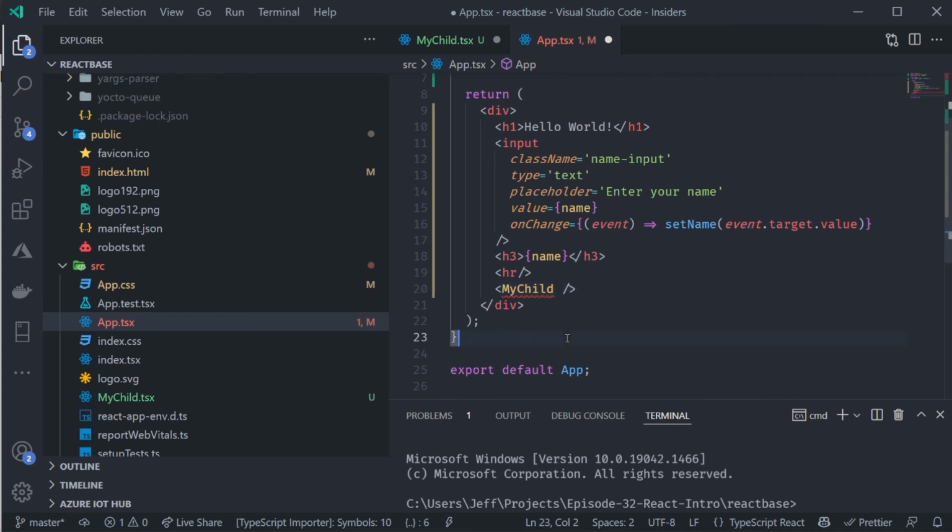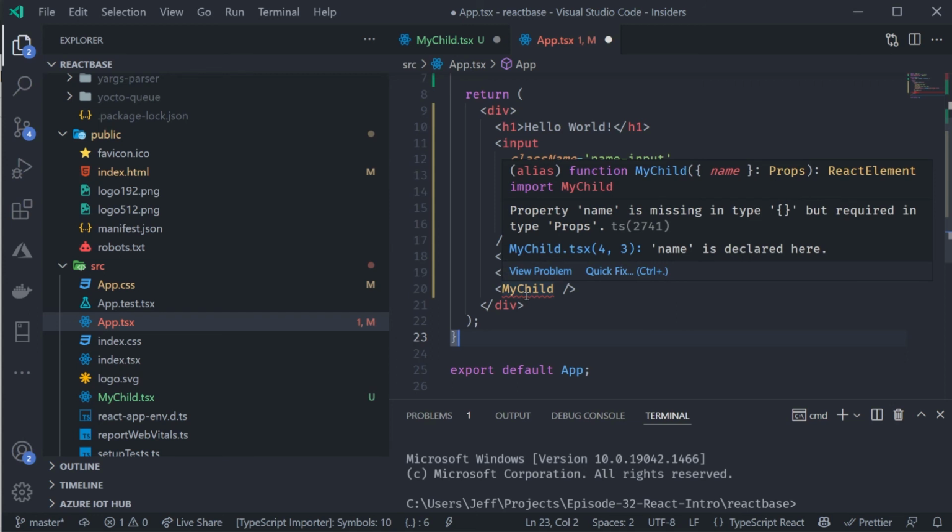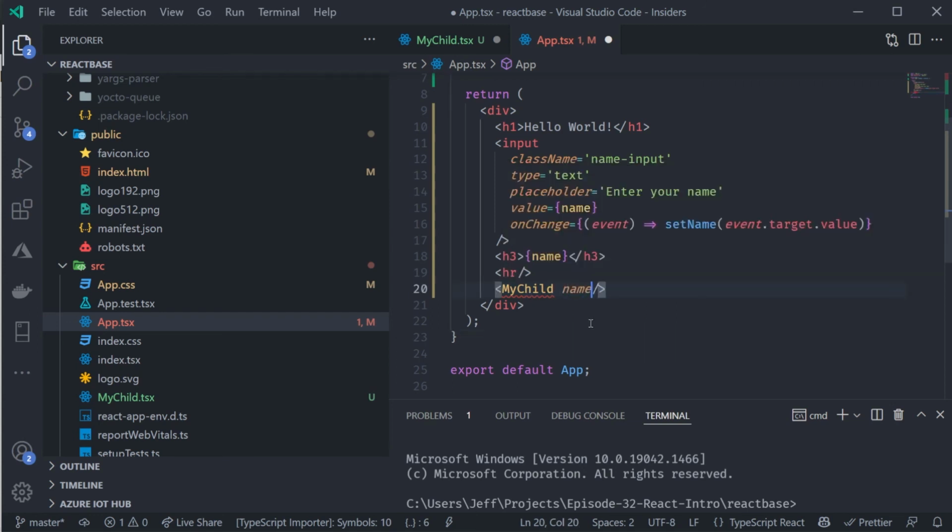component. And now mychild is complaining because we have a required property called name that's missing. So I'm going to go in here, and if I just say name equals quote, quote, Jeff, and I run that,